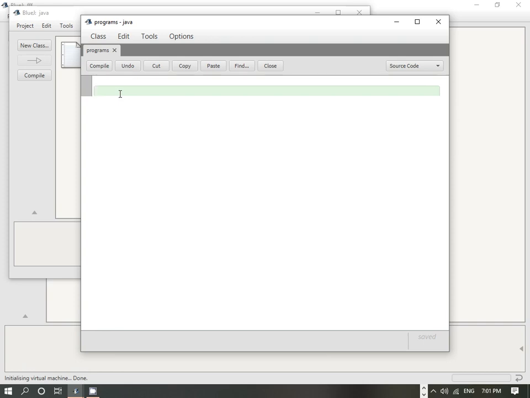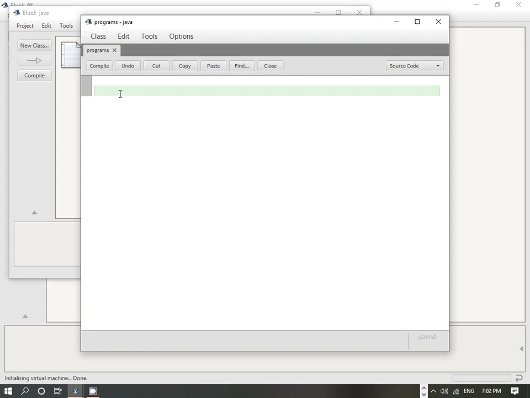Now we are going to write a very simple program to print any text on the screen, and whatever keywords we use in this program, we will try to understand them one by one. This is the editor of BlueJ where we'll write the code.